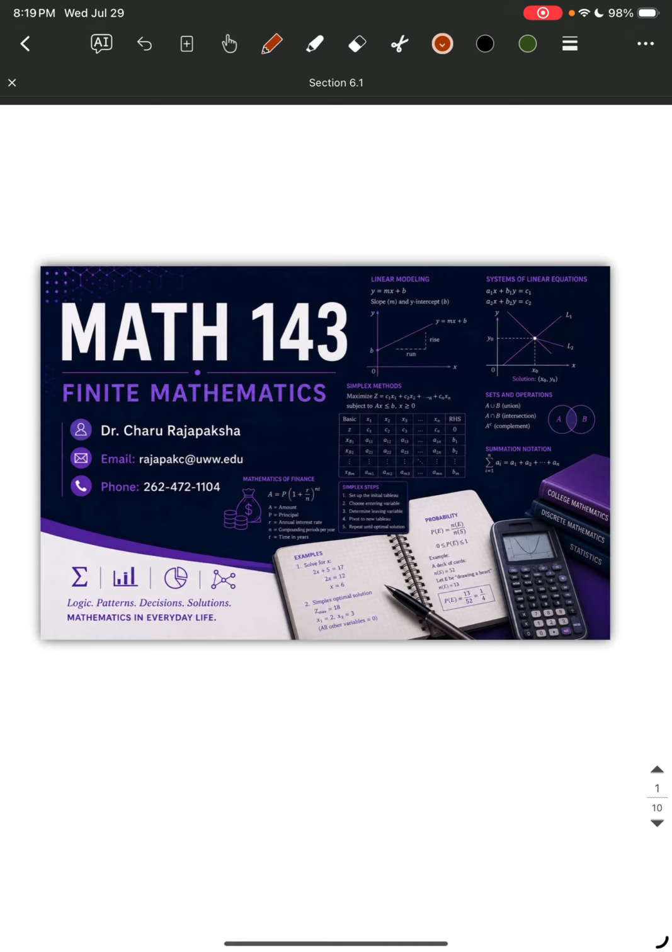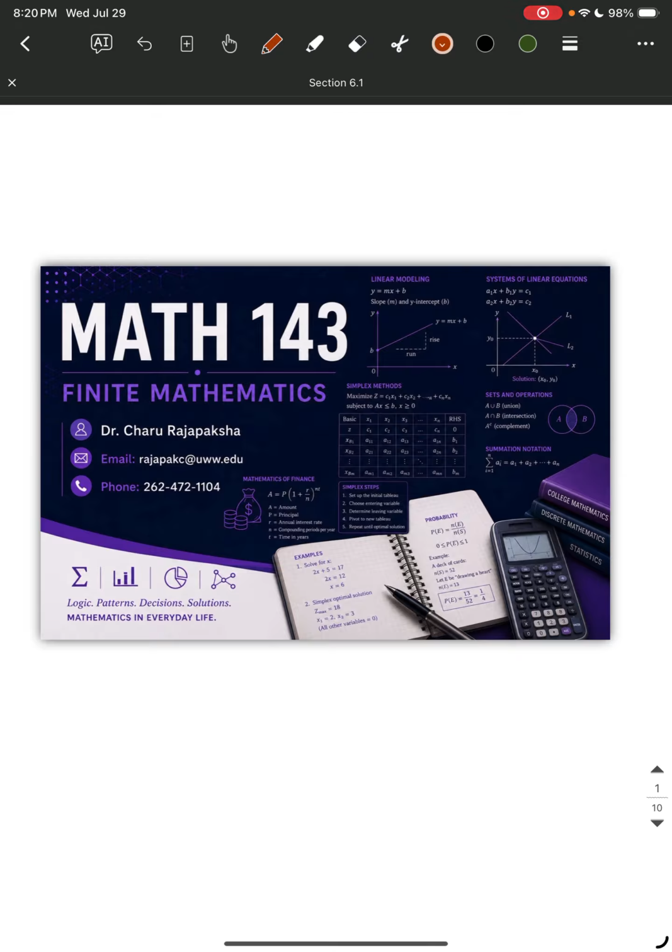Okay, sets are one of the most fundamental ideas in mathematics. In fact, almost every branch of mathematics uses sets in one way or another. Today, we will learn what a set is, how to describe sets, and how to perform operations such as unions, intersections, and complements. By the end of today's lecture, you should be able to define a set and its elements,